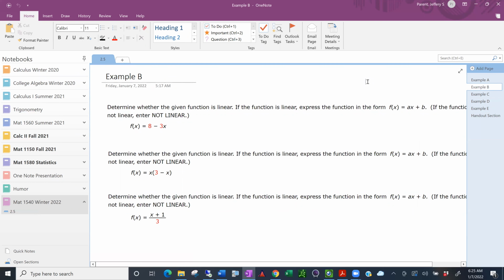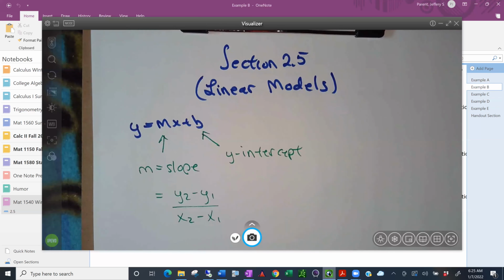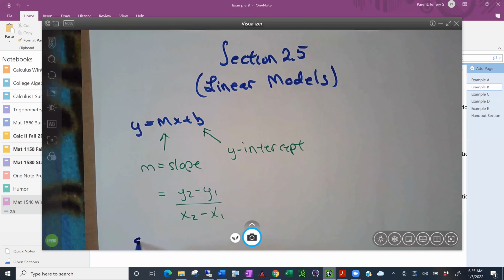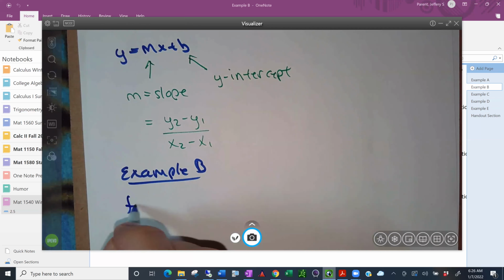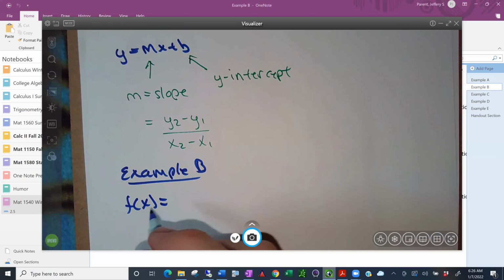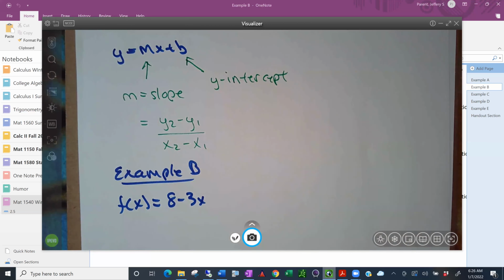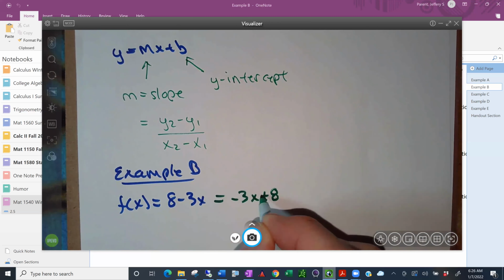Basically, it's to determine whether given functions are linear or not. So if they're linear, then you can write them in the form that we wrote them in earlier. That is y equals mx plus b. Kind of like this. So for example B, our function is f of x is 8 minus 3x. That's not quite in this form yet, but we can simply move things around a little bit to turn it into that form. If we change things around, write that as y equals negative 3x plus 8, now we're in good